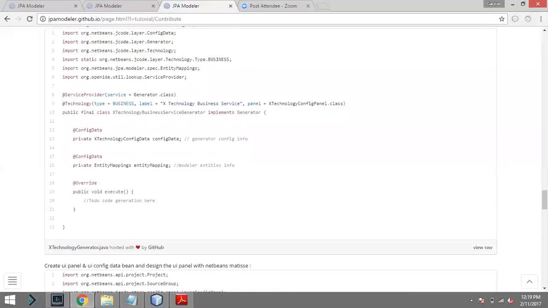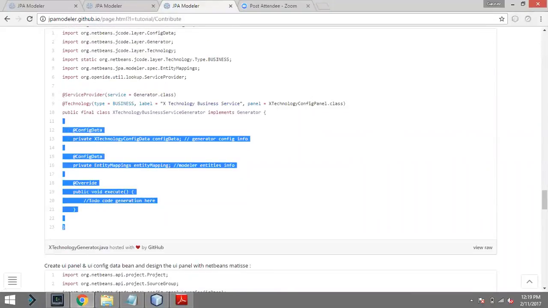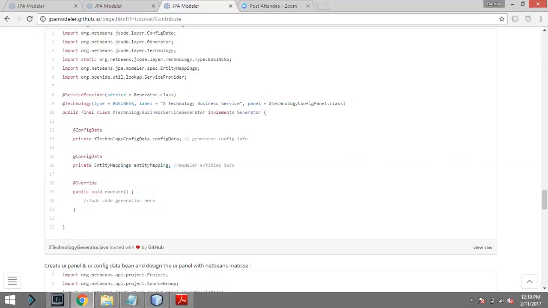So this is a sample snippet for X technology, whatever you want to develop. Here you choose in which layer you want to add it. This is business. You can use viewer. The name of the technology will be available on that combo box. And here is the code you will execute, and